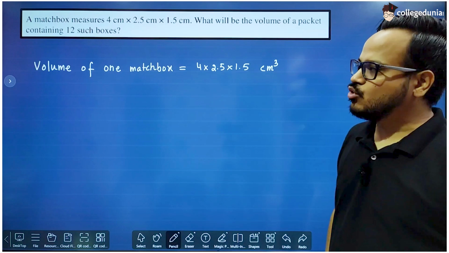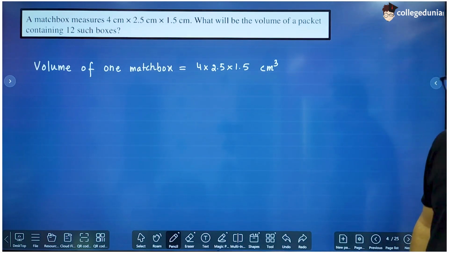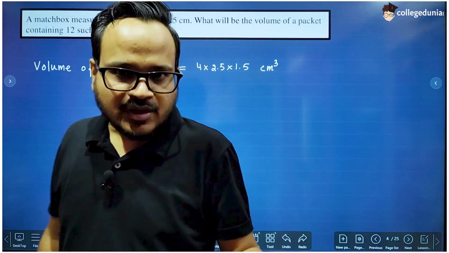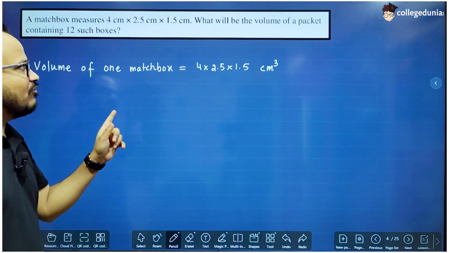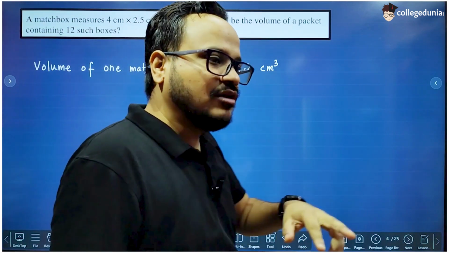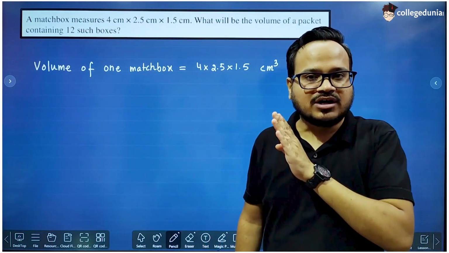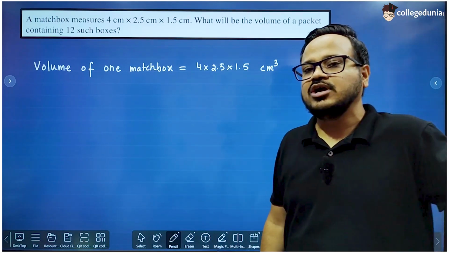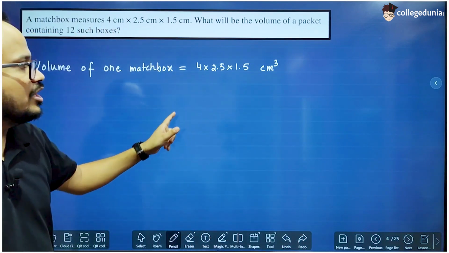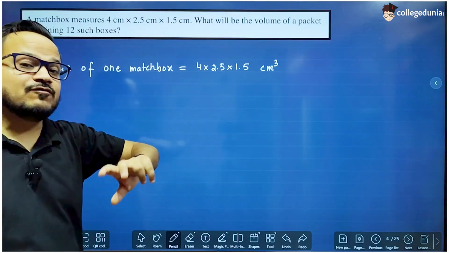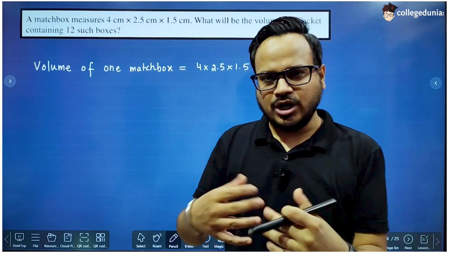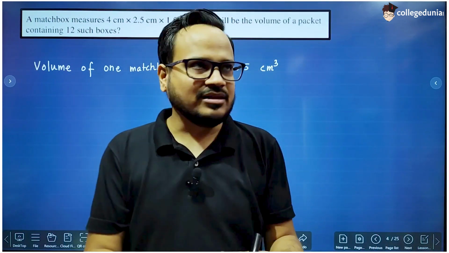Area is in centimeter square, but the volume will be in centimeter cube, because in volume we are multiplying 3 different parameters, right? And to find the volume, you have to first check if all the 3 parameters are in the same unit. If they are not in the same unit, just convert them such that they are all in the same unit, and then suppose if they are all in centimeter, then the unit of volume will be centimeter cube, and if they are all in meter, then the unit of volume will be meter cube. Unit of volume will be the cube of a length.